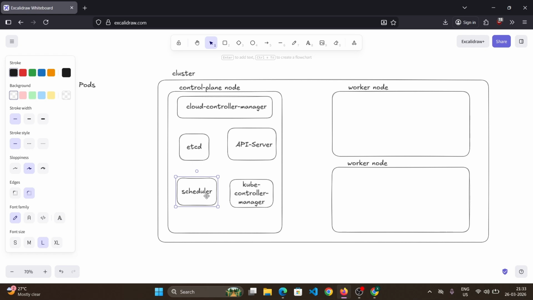This scheduler will decide. This scheduler will send a request to this API server